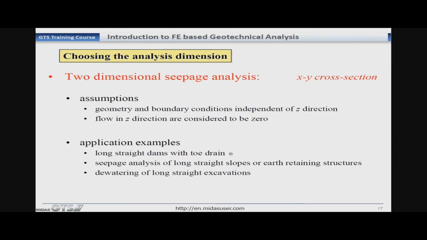If we have long straight dams with toe drain, we can just model a particular cross section of the dam and we can see the seepage effect, or we can see the results for the seepage such as flow path or the flow quantity, and the seepage analysis of long straight slopes or earth retaining structures, such as if you have a canal and you want to do the seepage analysis on one of the banks, then you can use two-dimensional seepage analysis for obtaining the seepage results. And you can also use this type of analysis for dewatering of long straight excavations.